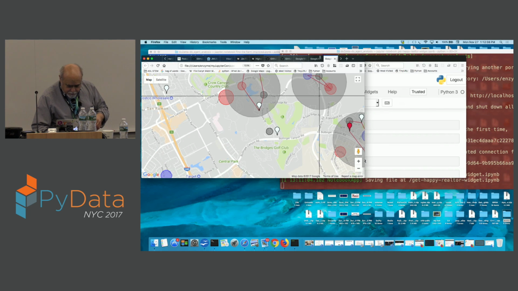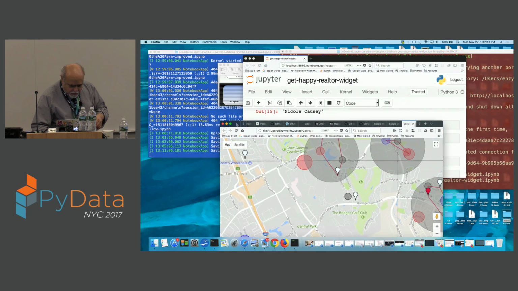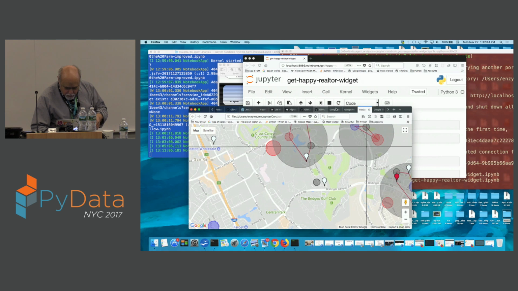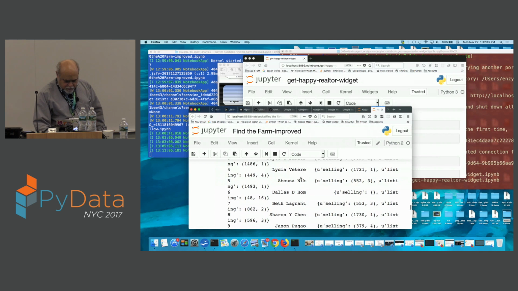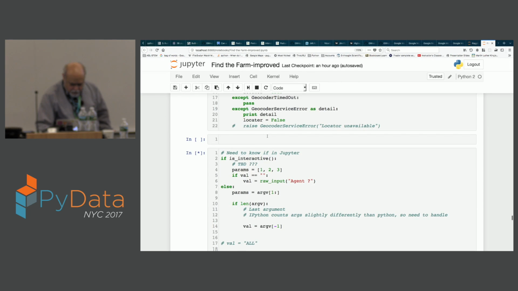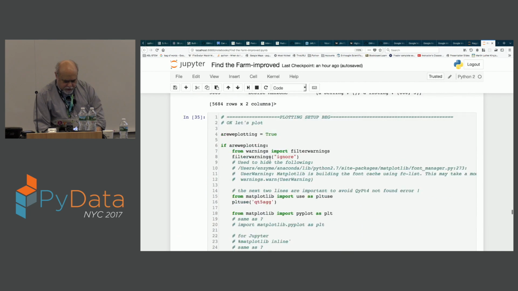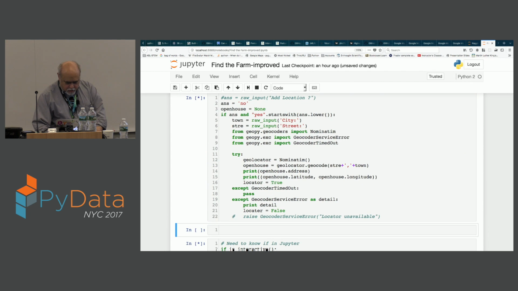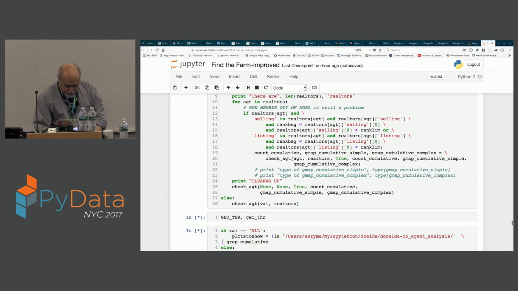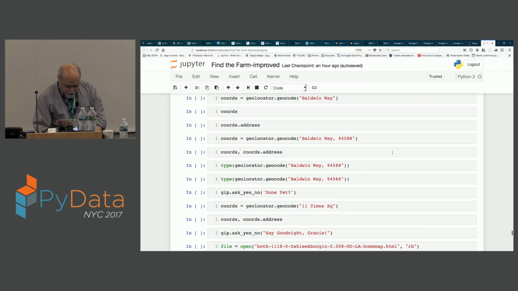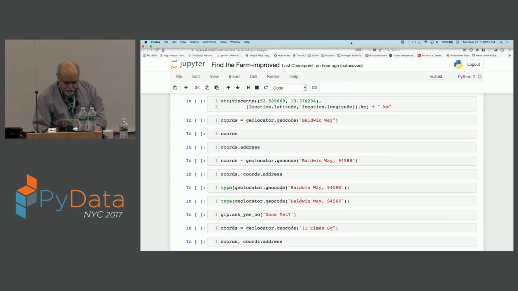Let me see if I can come back to, here we go. On the farm. Okay. What's it hanging on? Okay, probably a good time for questions. I think we have 2 minutes left. 2 minutes left, okay. So let's see if I have an example here from the previous run.